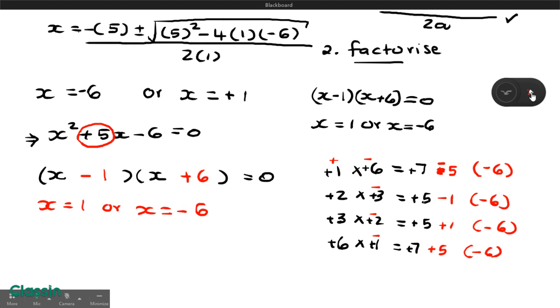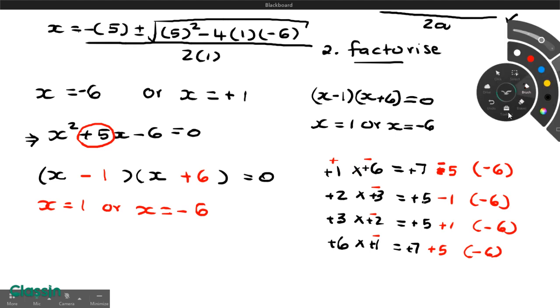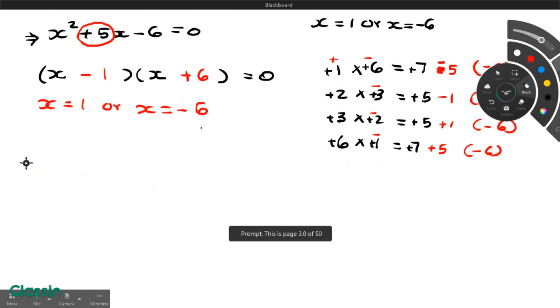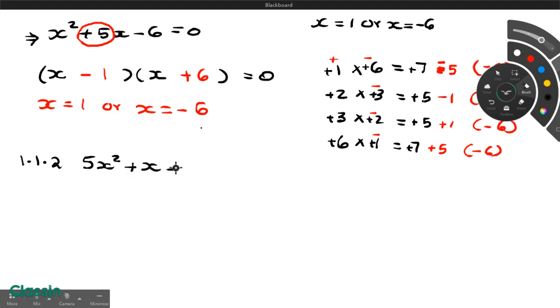Okay, now let's check on question 1.1.2. In most cases, with 1.1.2, they will give you an instruction. Now, if you are given that 5x squared plus x plus 3 is equal to 0, and in brackets, they say